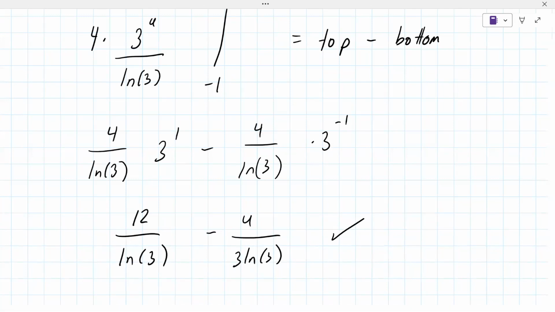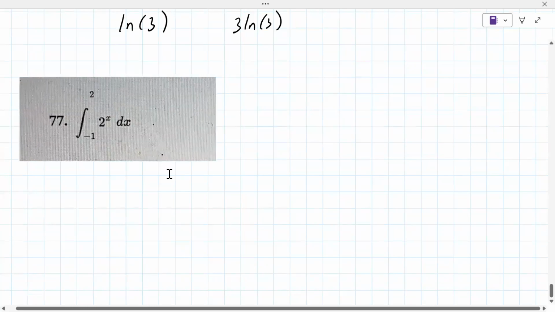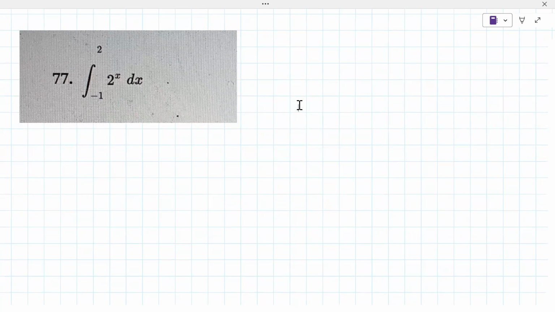So why don't you try number 77? You don't have to make any u substitutions. You just have to find the antiderivative and evaluate the endpoints. It's actually much easier than what I just did. But give that a try. You do get a numerical answer. It's not too bad. I mean, it's got a natural log of 2 in there, but